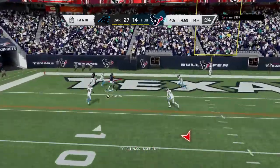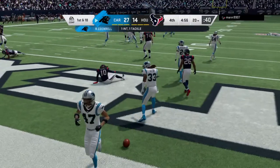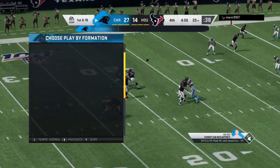Here's 1st and 10. And this is going to be intercepted. Picked up by Ross Cockrell. And a big turnover there as his guy